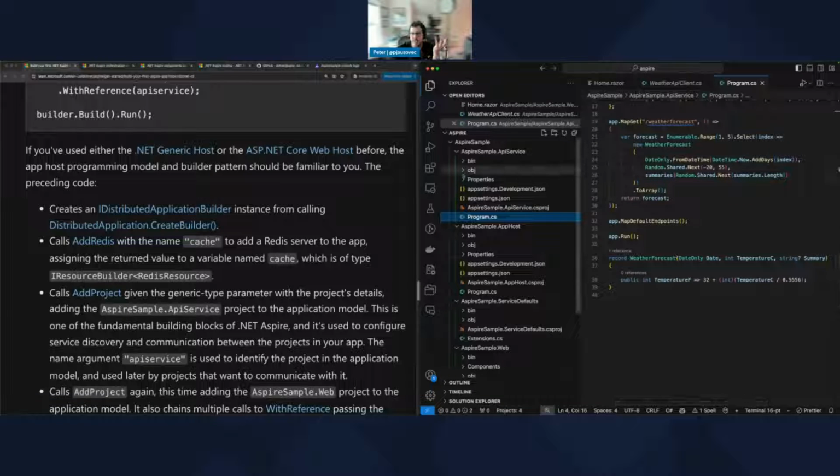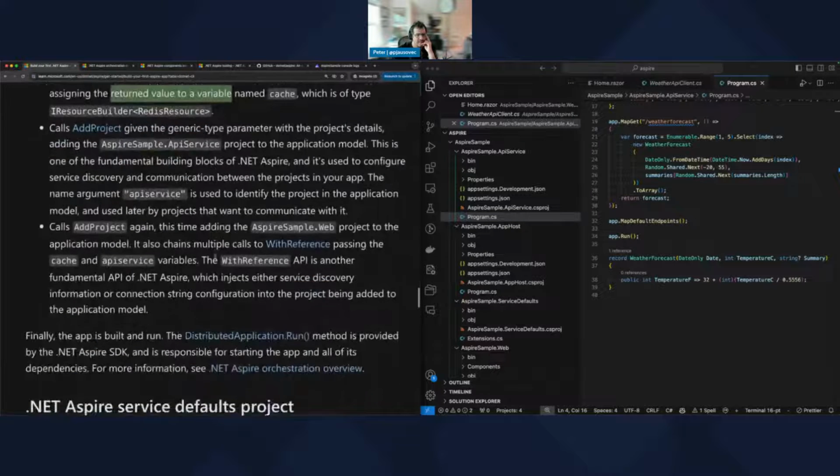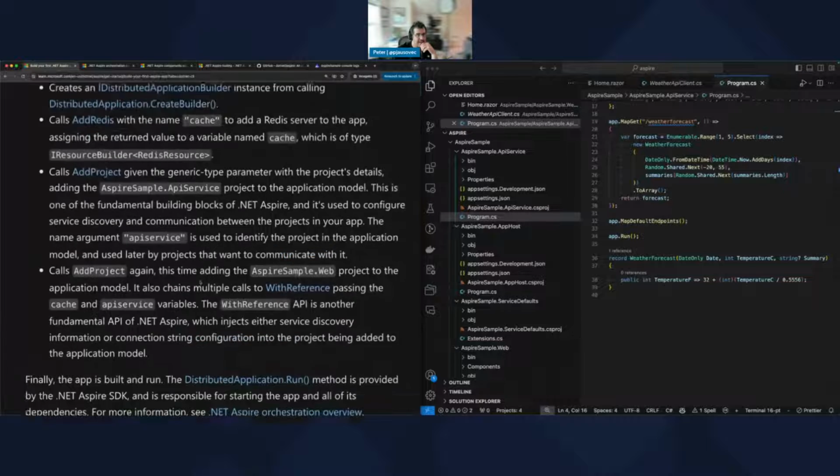How does it know what to cache? That's what I'm trying to understand. Oh, assigning the returned value to a variable of type Redis resource. Okay. It also chains multiple calls, passing the cache and API service, with reference being another fundamental, which injects either service discovery information or a connection string. Yes, so I get that, but